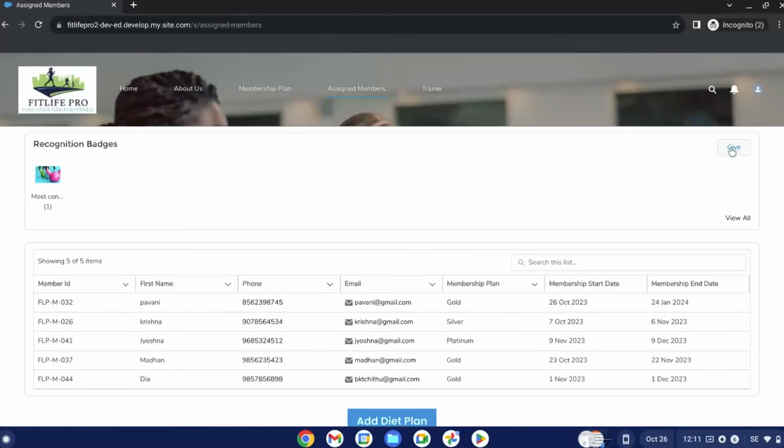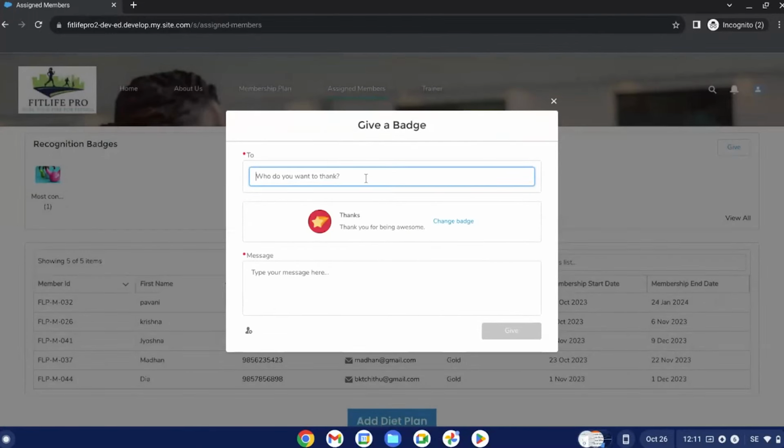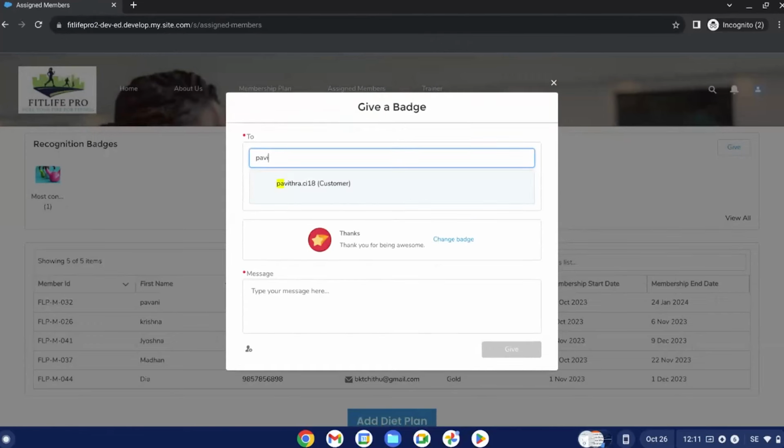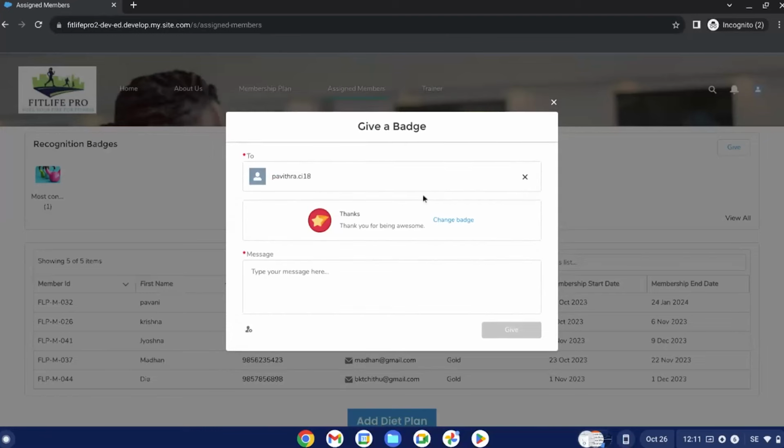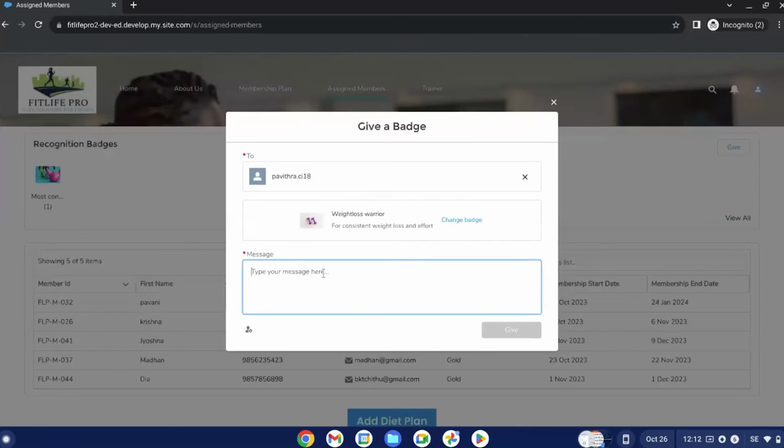If you want to give a badge, he can click on give, and then now I will choose the custom members. He can choose the badges also. If I give,